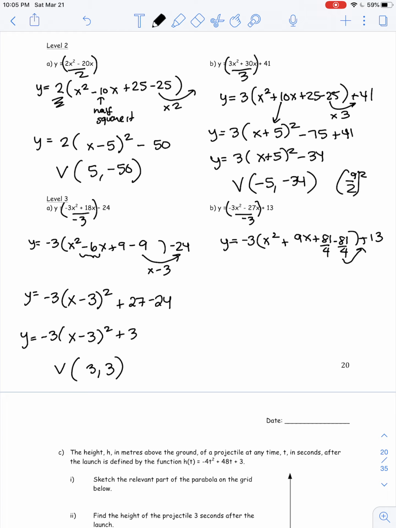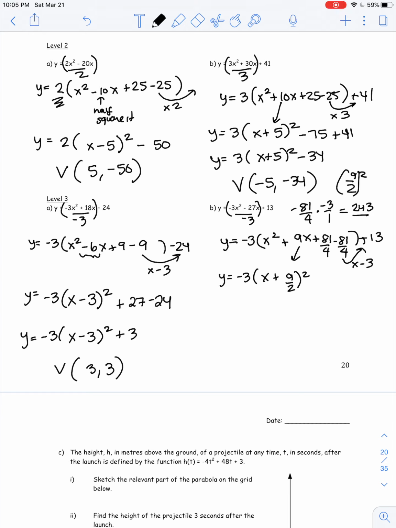Then we're going to take out this negative number by multiplying it with -3. So we're going to have x plus, remember, half of this number is now 9 over 2 squared. And then we're going to have to figure out what -81 over 4 is multiplied by -3. So we're going to have to write -81 over 4 multiplied by -3 over 1. In my calculator, I'm going -81 times -3. I get